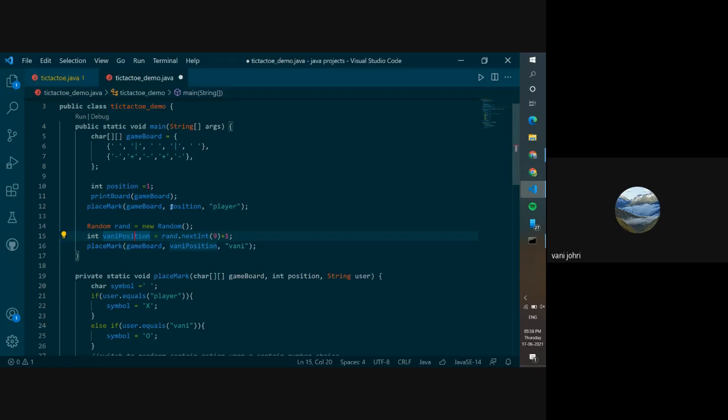What's the difference? The difference is this position. This position was entered by the user. We asked the user to enter a number and we were sending that number. For this position, we are creating a random number and we are just sending that random number over. Rest all is the same. The CPU does not do anything. Here we were sending the position which the user entered, and here we are sending the position which we got from this random number. That's it. Don't think of it as the computer actually making a move. No, this is all code.